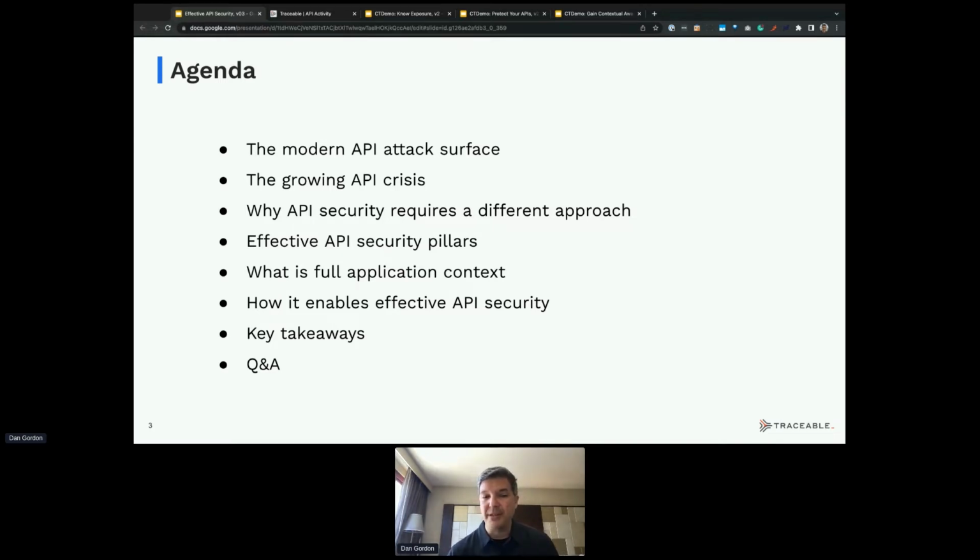We'll look at what we believe are the API security pillars we should be paying attention to, and what they mean. On each of those, we'll dive into the Traceable product to show how that appears in our product, to give you a sense of how the things we're talking about can come together to help with API security, and in general, how that enables effective API security.